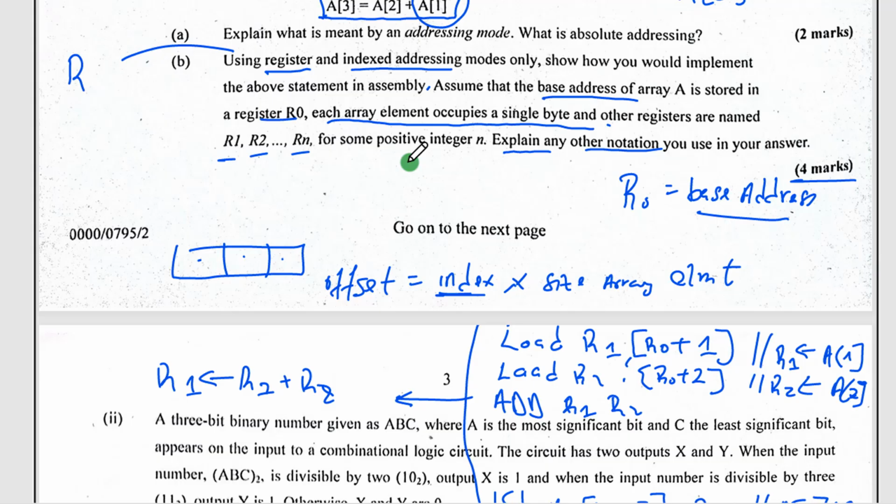Good. Because if the question did not specify using register, in that case you don't even need to use load again. No. In that case you just go directly and say add. You take this one here. If they say using index only, let me just do it somewhere here. You just come and say add what? You say add here